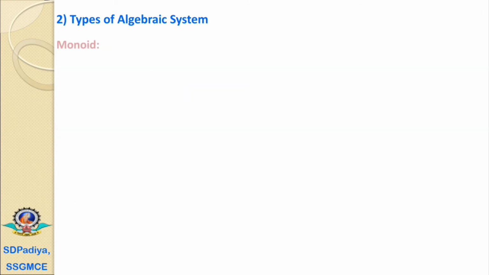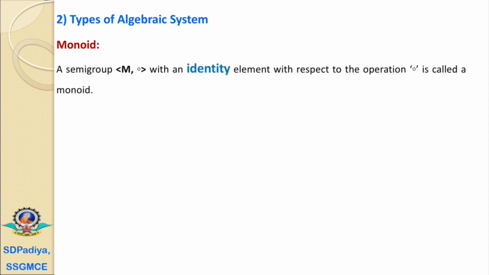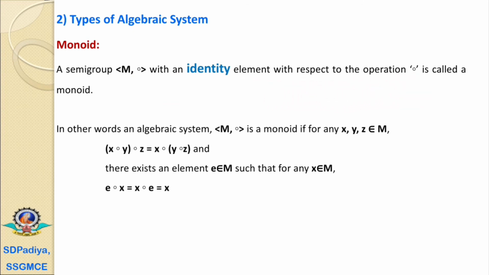The second type is monoid. A semi-group with an identity element with respect to the operation composition is called a monoid. If it is already a semi-group, it already follows associativity. It is already associative. That means any algebraic system which is associative and has an identity element, we call it a monoid. In other words, an algebraic system M with the composition operation is a monoid if for any three elements x, y, z belonging to the set M,